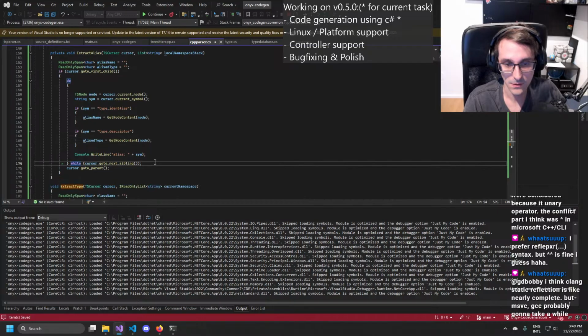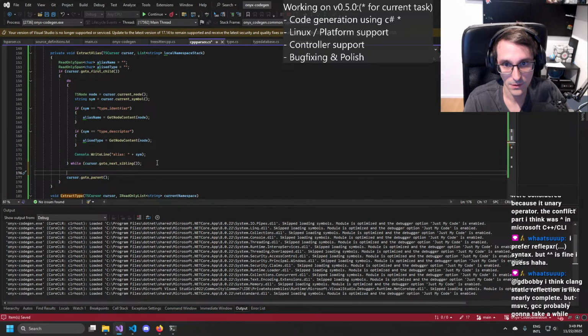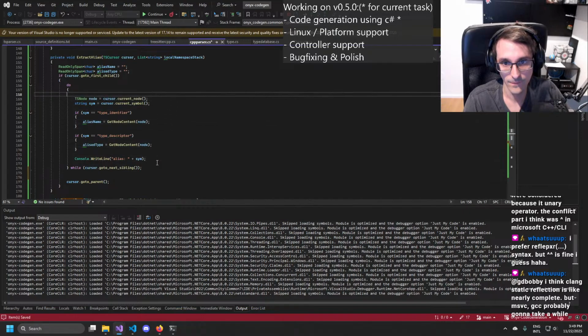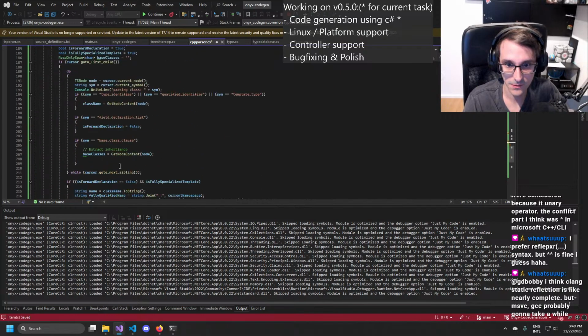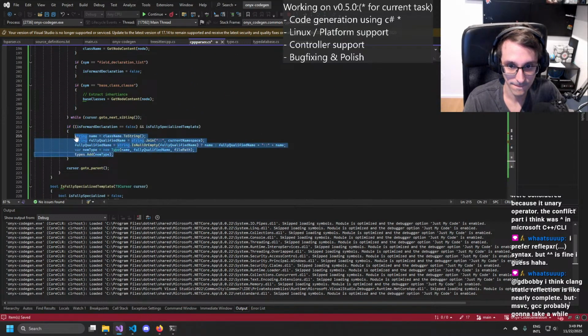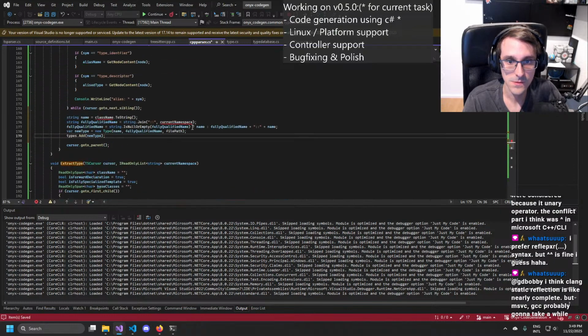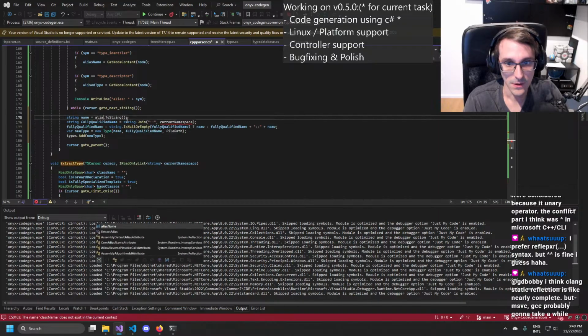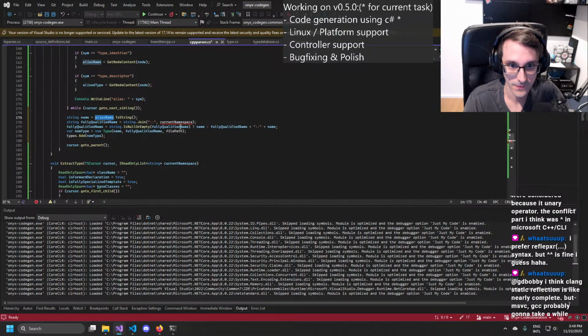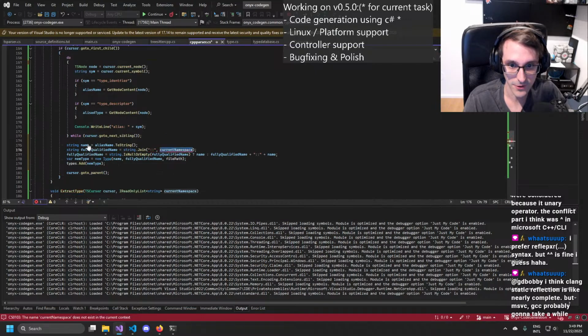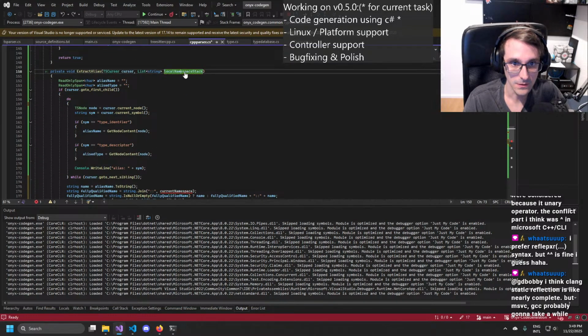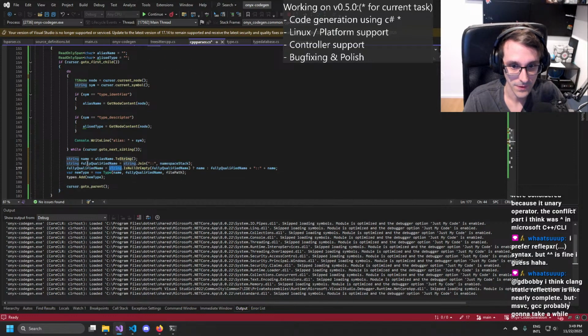And once we have both, we can basically do types, alias name, then the fully qualified name is our namespace stack plus the name plus the file type. And